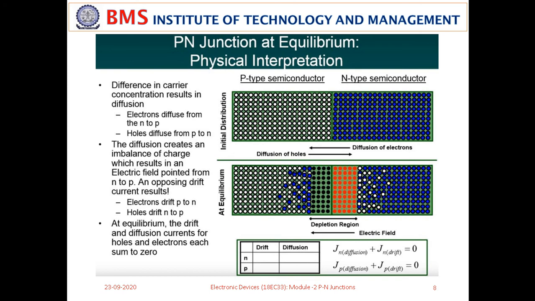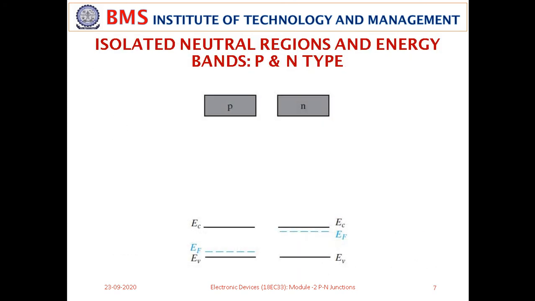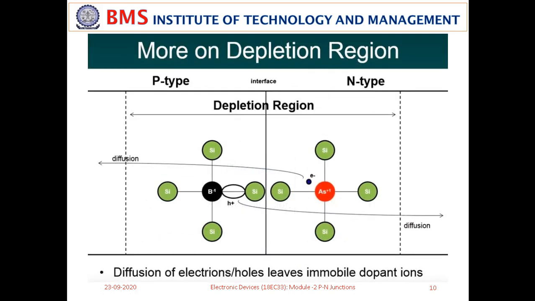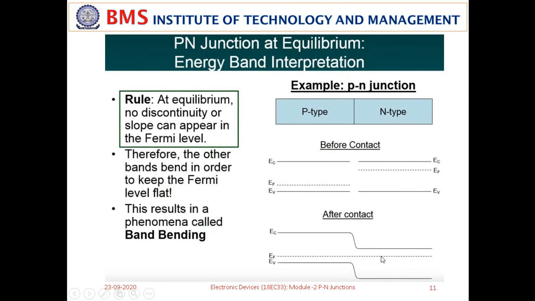I think with that I will stop at this point. I hope today we have made it clear about this p-n junction, the energy band diagram, and the band bending we have shown here. We discussed both types of currents, and also the band bending, Fermi level alignment, and what happens when p and n are joined together, with reference to the energy diagram. Next class we will discuss the actual current directions, especially diffusion current and drift current directions.